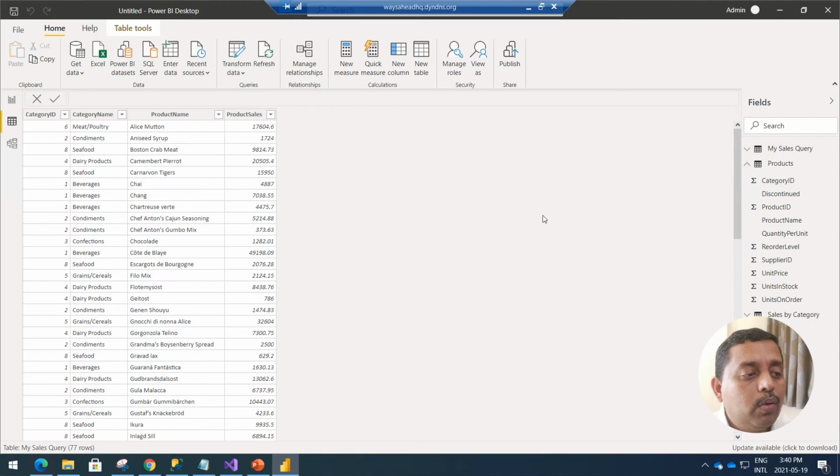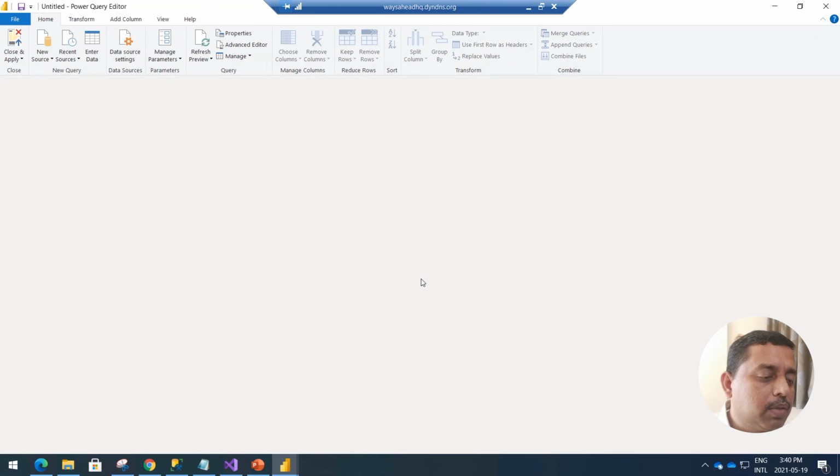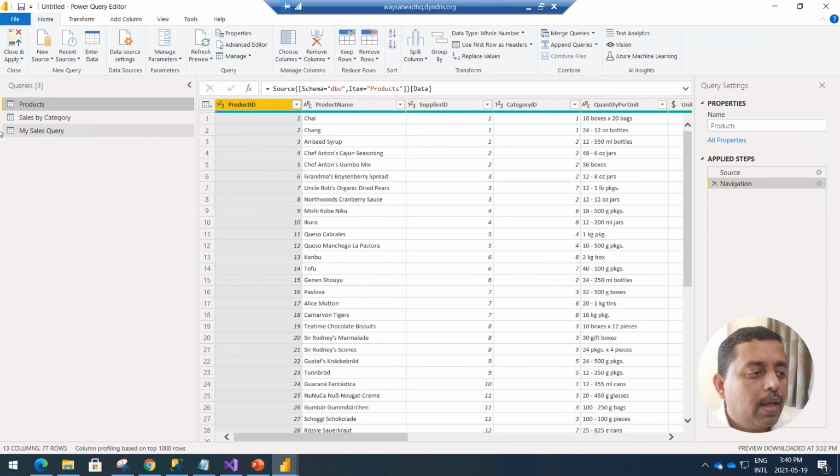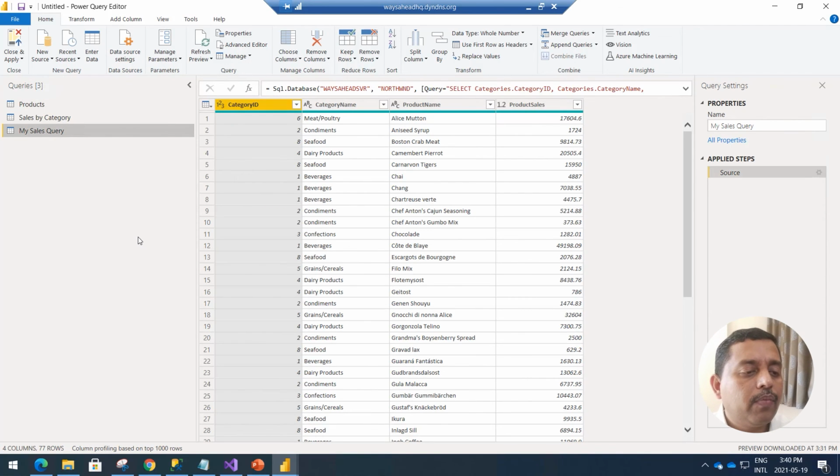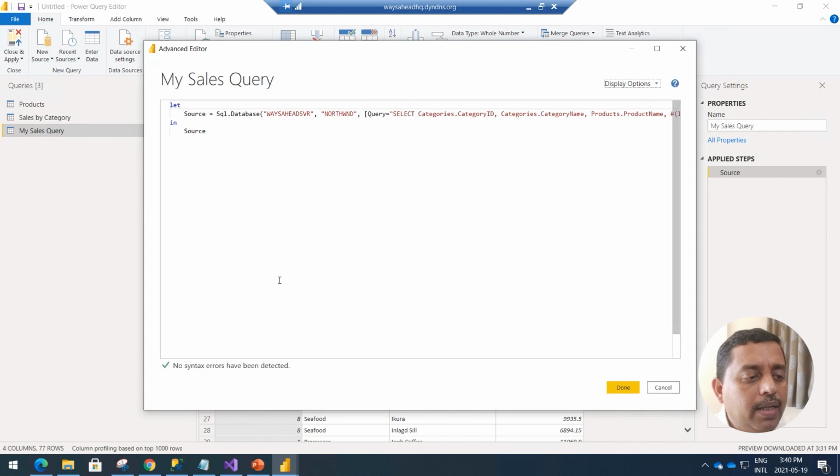And now we wanted to see what is the benefit of using this as a code. We go to transform data and we go to the transformation services that we have got. And now this is the same option. We have the query editor. We go here and then we go to this particular sales query, and you will see that I can go to this option called advanced editor, and I have the entire query with me.